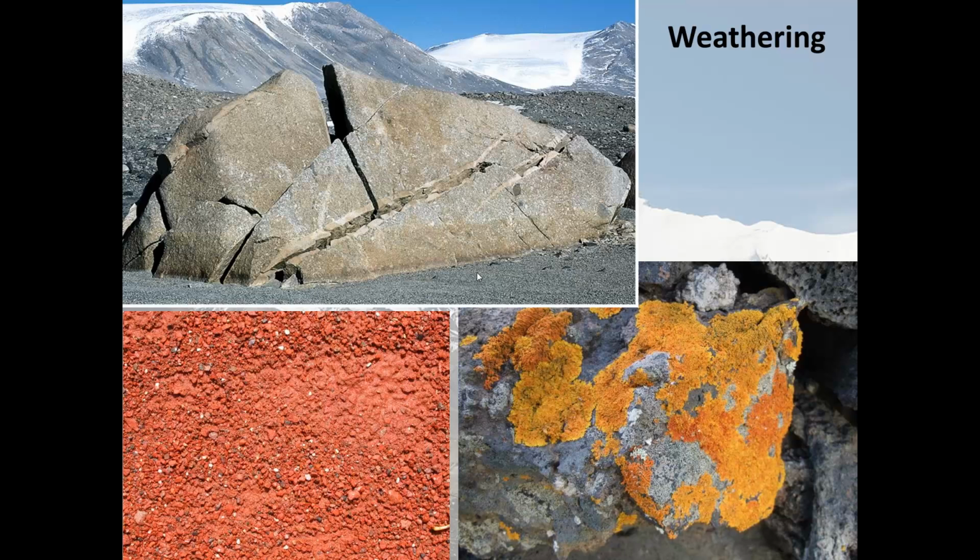Another way that weathering happens is through biological activity. So this would be chemical weathering. So these lichens that crust on this rock produce acids, and over long periods of time those acids eat away at the rock, and some things dissolve away, and that which is resistant stays behind, and so you get a sorting of the chemicals.